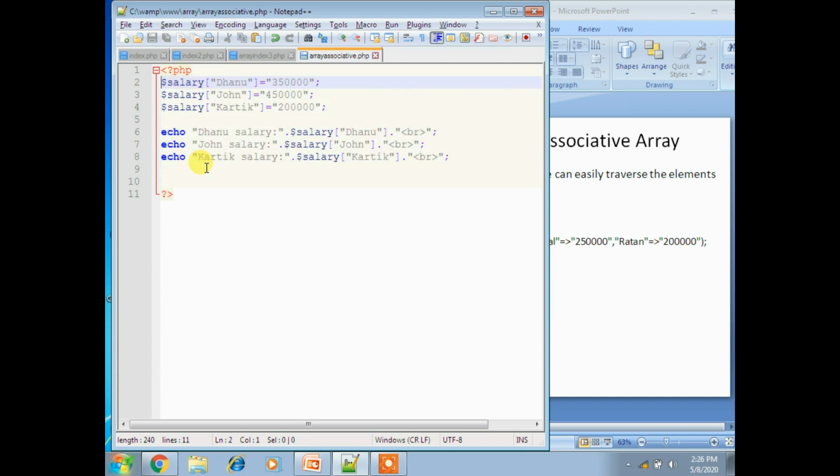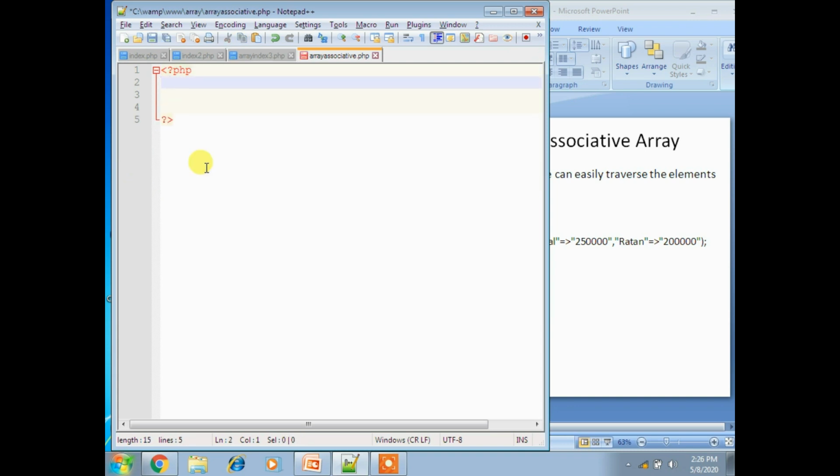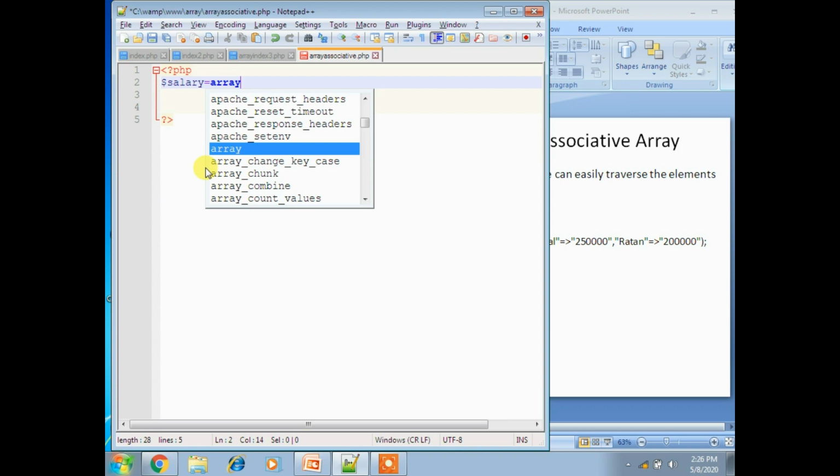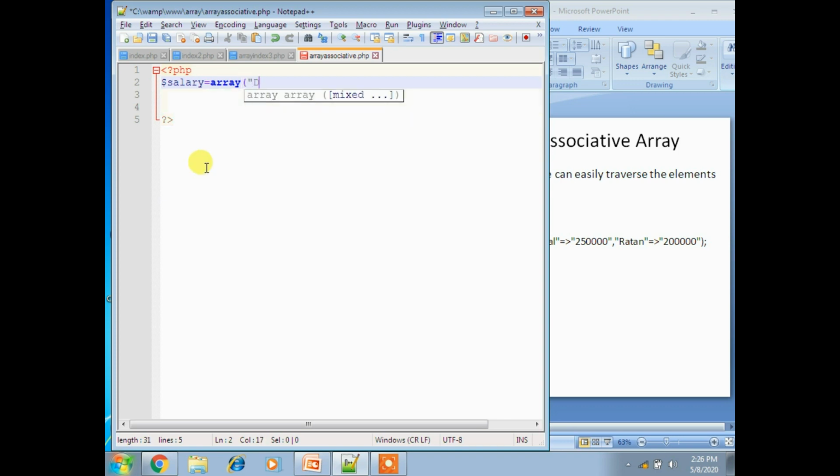So for this I am taking dollar salary as a variable, equal to array. I am passing a function now. The value I am taking, using this associative symbol, is 5,50,000.